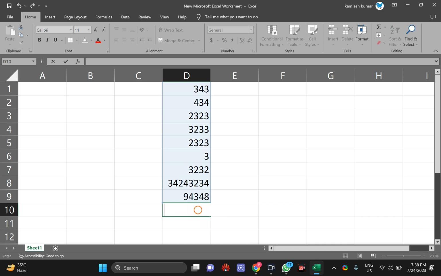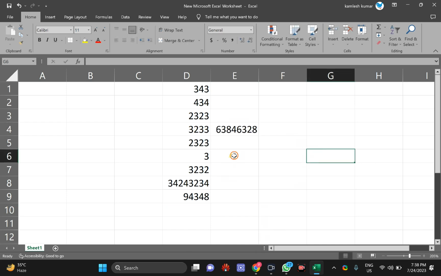Next one is if you want to sum non-adjacent cells. Suppose I fill in some data here. I want to sum this and this one, and in this cell I want to sum this and this in the F9 cell. So how can you do it?